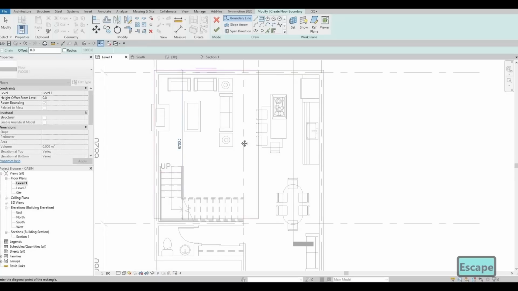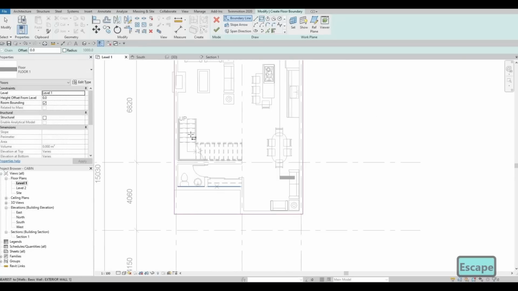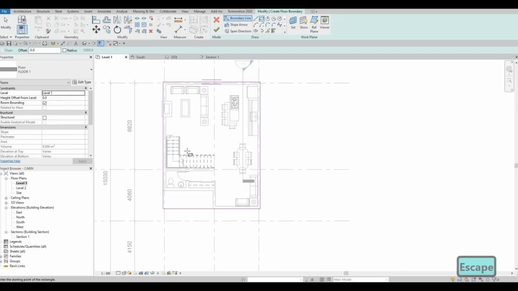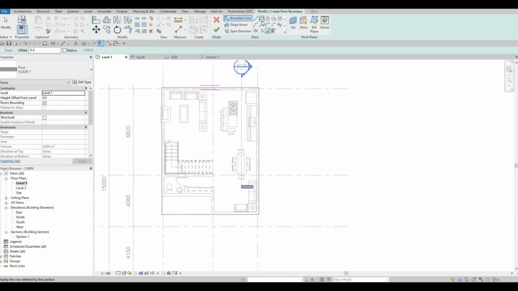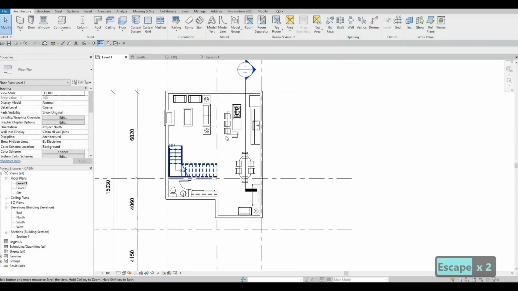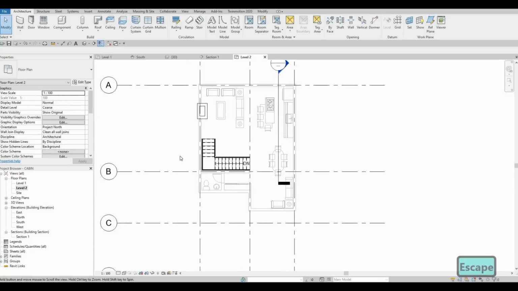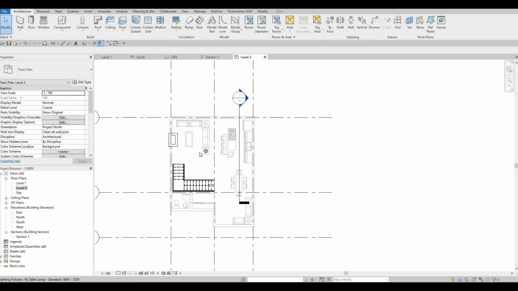So I'm planning to add it from here, so the outside. And we could just use the pick line and then use TR to trim it and then click finish. So now we have a floor, and then we should go to second floor now. So click on level 2,